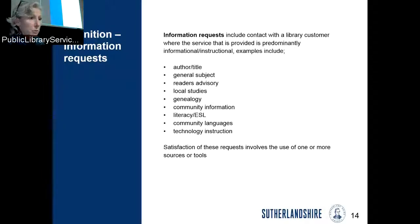And of course, they will all be on the State Library website so that you can download them again. I'm not going to talk too much about them, but it's all there, telling you that information requests are